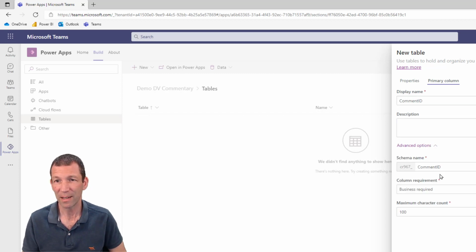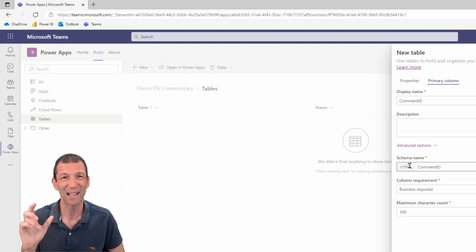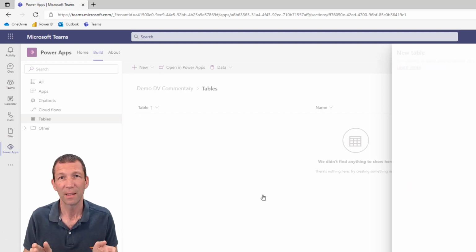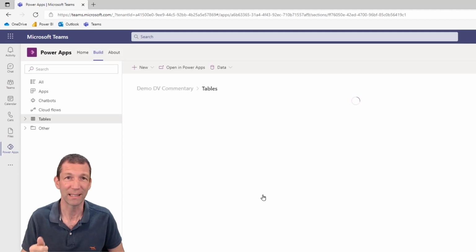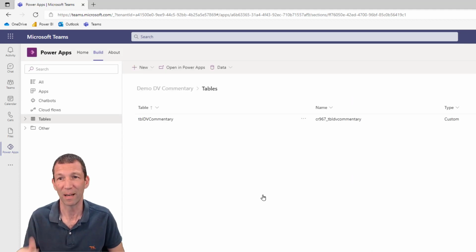Okay. Anything under here? Column requirement. Yes, it's a business requirement. Okay, save. And this little schema, CR967, is like the unique identifier for your table. Save. This then creates your Dataverse table with lots of columns, like standardized columns. Modified date, created by, modified by. Okay. So if I click on this table here,